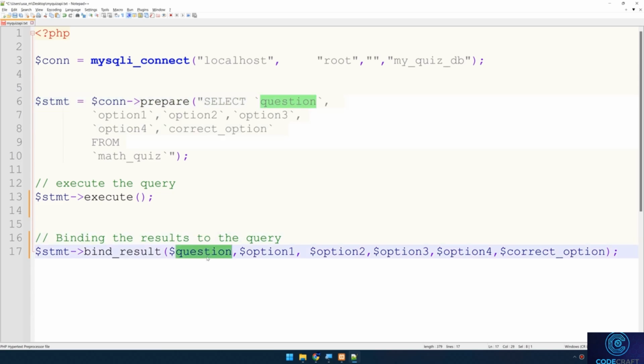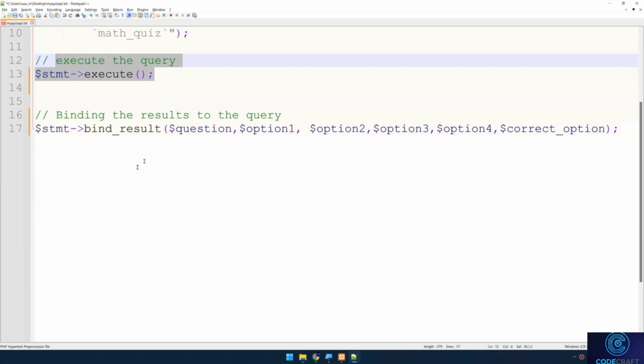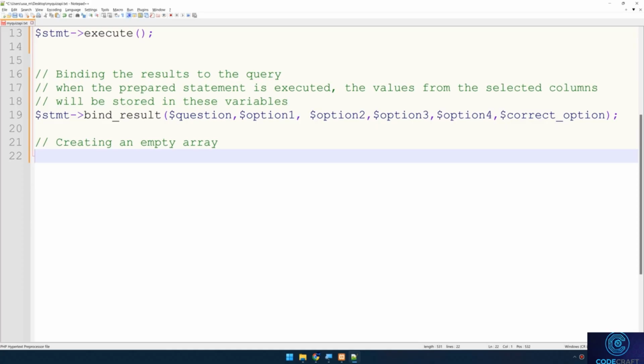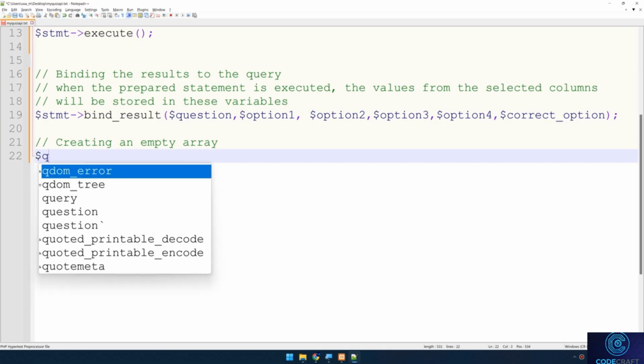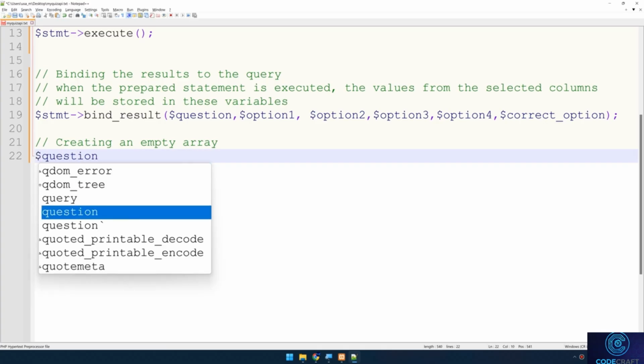Again, guys, here we used the variables to store the values retrieved from the result set. When the prepared statement is executed, the values from the selected columns will be stored in these variables. Then I create an empty array because this array will store the variables question, option 1, 2, 3, and 4, and the correct option. So to create an array in PHP, I start with the name of the PHP and